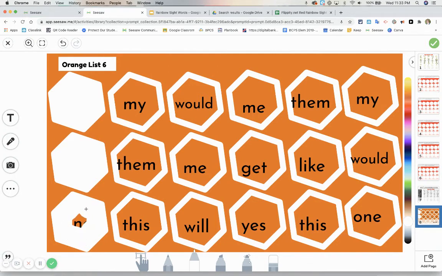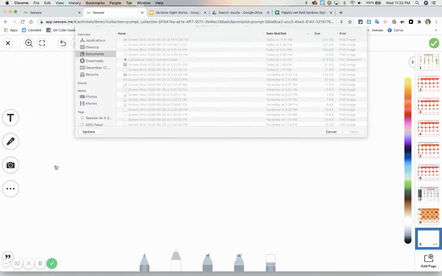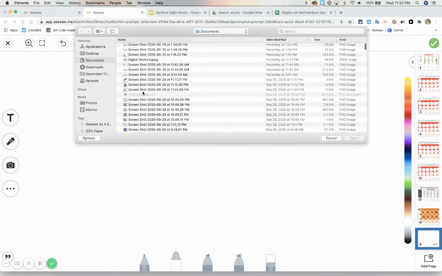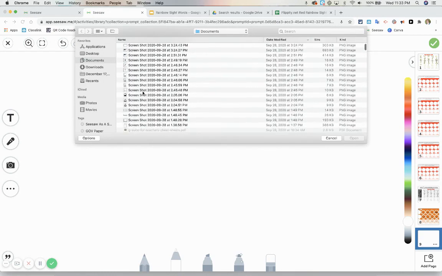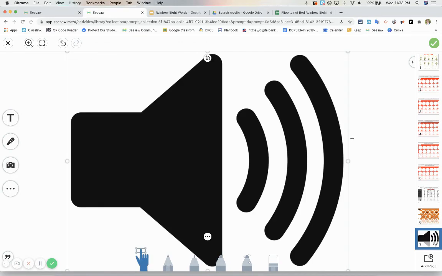Okay, these activities were made before the new features this summer, so after I got them all colored in, I could add a page at the end with an image of a sound image, which I have already saved somewhere in here, right there. And if I make it giant on this last page and I record my directions,